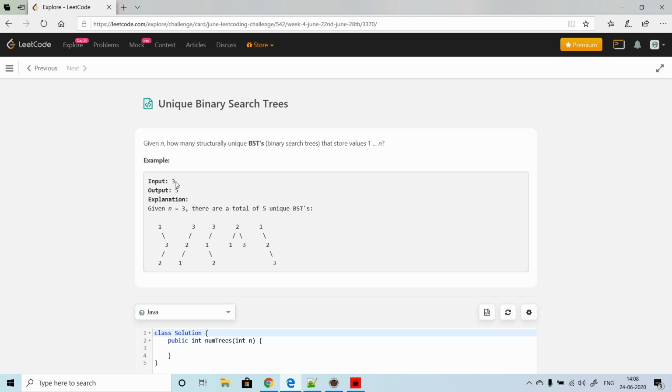For n equal to 3, we have three numbers 1, 2, 3, and we can create 5 different BSTs. These are the 5 different ways we can create them. Now let's understand with different examples, then it will be more clear.